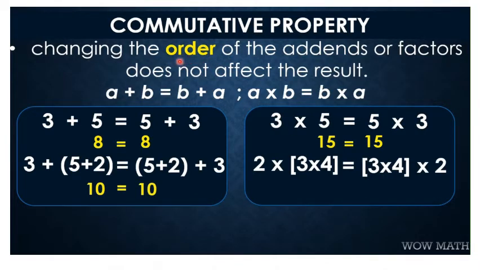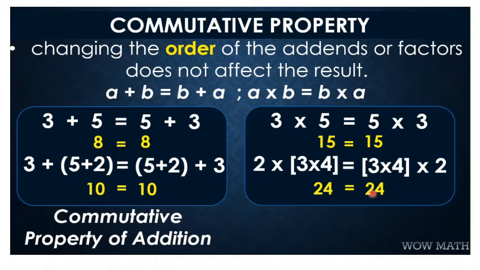Now, let's see if commutative property is true under multiplication. So, 3 times 4 is equal to 12 times 2, that is 24. On the other side, 3 times 4, that is 12, times 2, that is also 24. So, they are still equal. So, therefore,